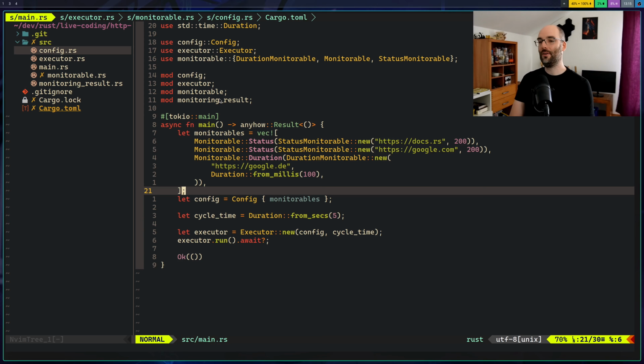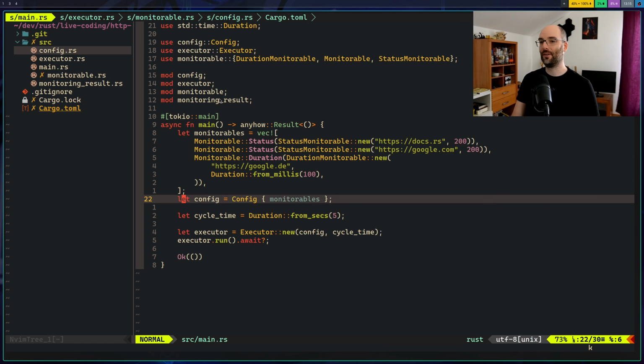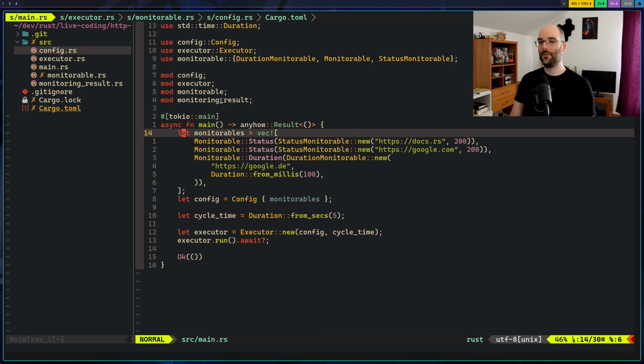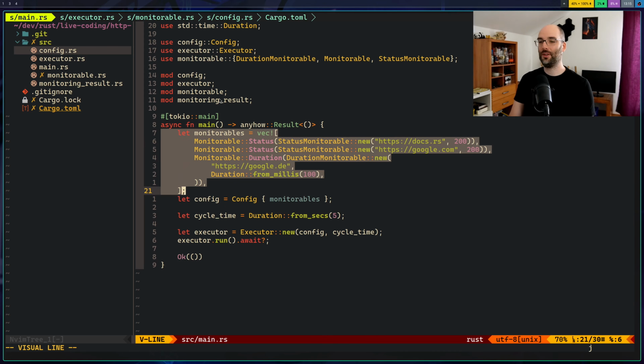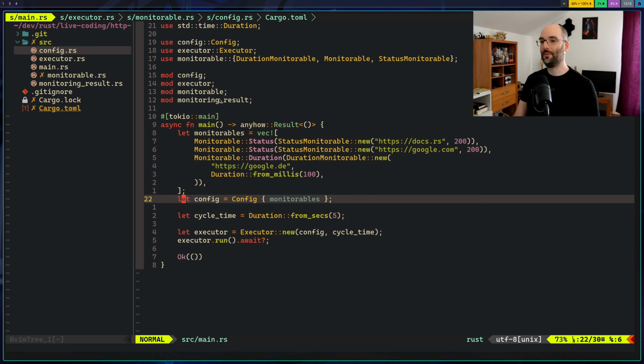So for now, I'm going to do it in the following way. And I don't know if that is best practice. Tell me in the comments whether you do something like this, but I think it's kind of hacky for now. What I'm going to do is have this in-memory representation of my config, and then write it to file once.